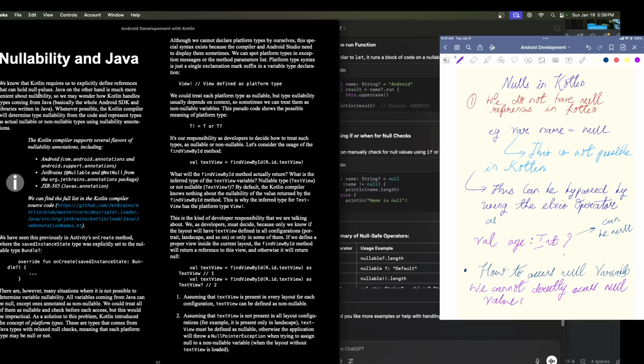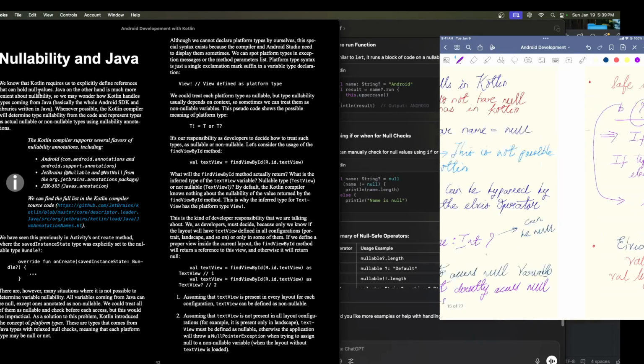Now these are types that come from Java with relaxed null checks, meaning that each platform type may be null or not. Although we cannot declare a platform type ourselves, this specific syntax exists because now he's trying to make us understand